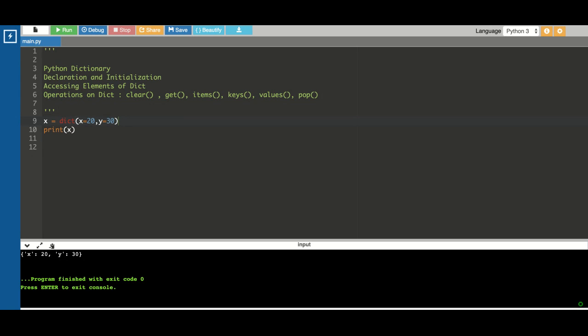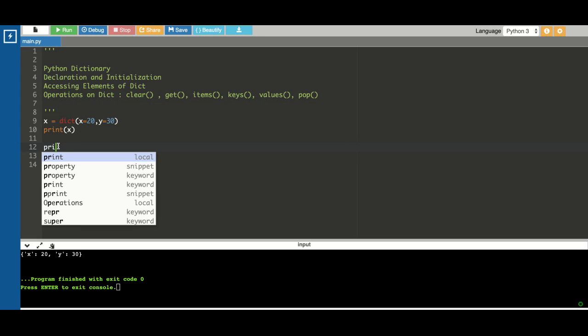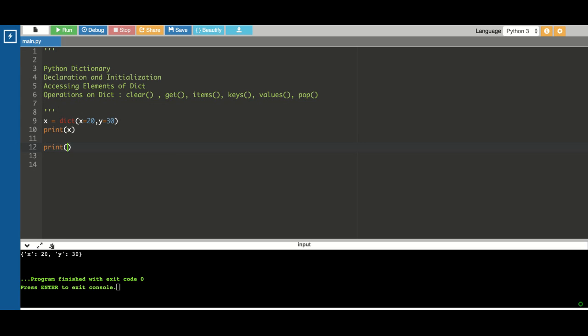Let's see how you can access an element of a dictionary. So for accessing an element of a dictionary, you can only access it using the key values. So this is a key value pair. The first part is the key and the second part is the value. So if you want to access the element, you have to use the key.